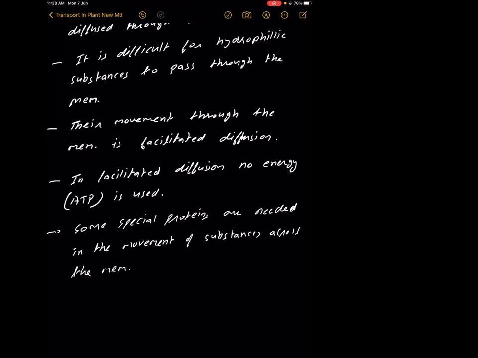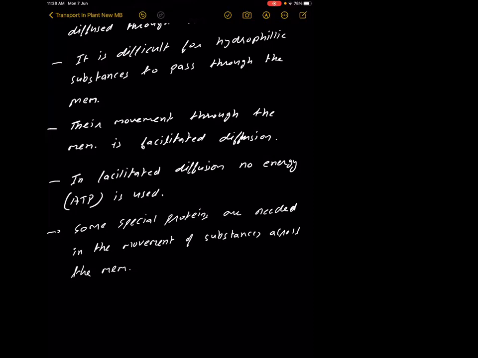They have a particular point on the plasma membrane. These proteins are present on the plasma membrane and they facilitate; these are the channel gates, you can say. They have a special gate, a VIP gate, you can say. It is not a chargeable gate. This is a VIP gate.